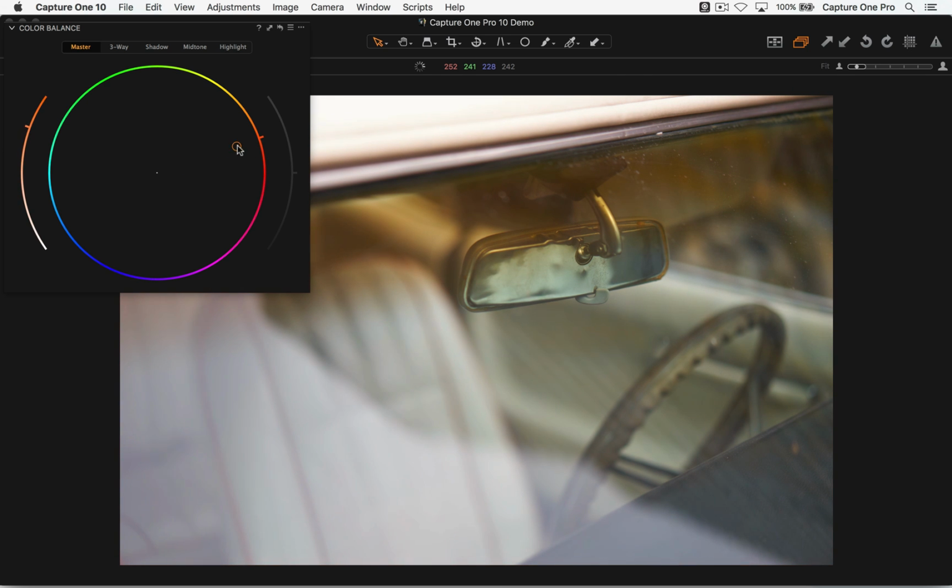Now the further you move it out to the edge of the circle, the greater the intensity, or greater the saturation, if you like. So anything from here to here is the same color tint, just increasing in intensity, like so. You'll also see that as I move the circle towards the center and towards the outside, the slider moves on the left-hand side. If I just grab this slider, that maintains the same color tint, but just moves from the inside to the outside.